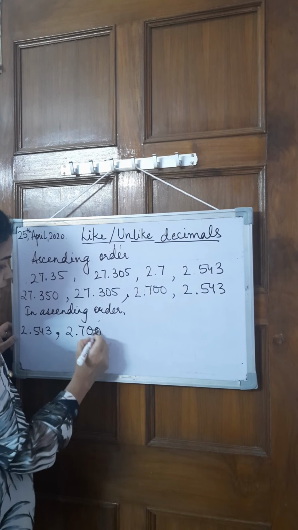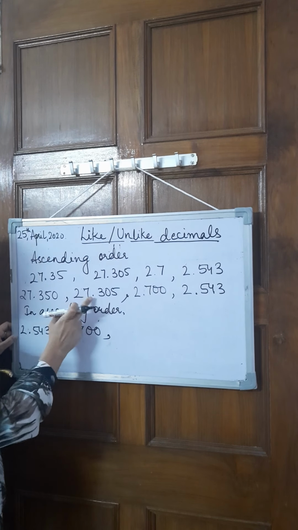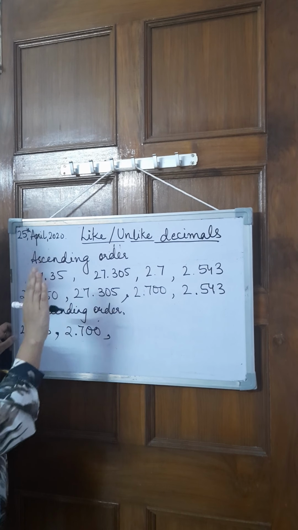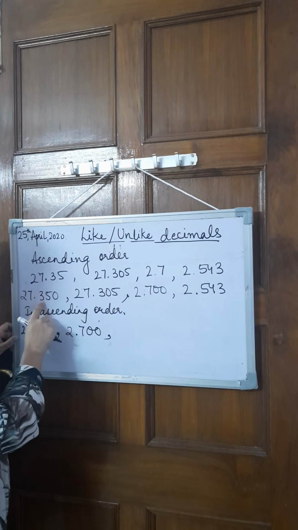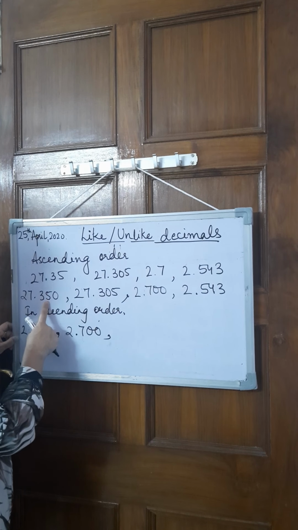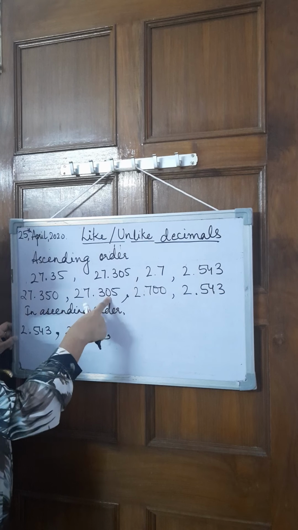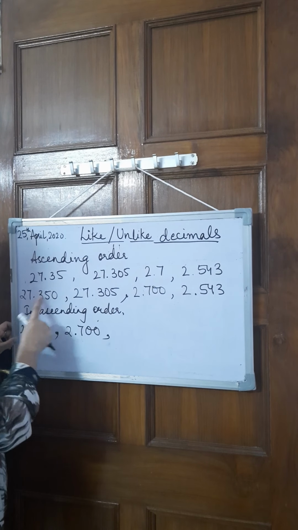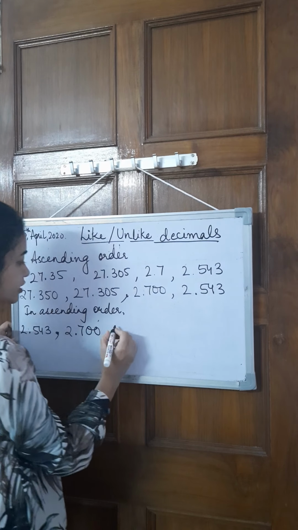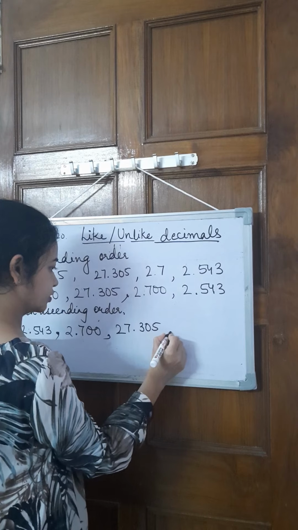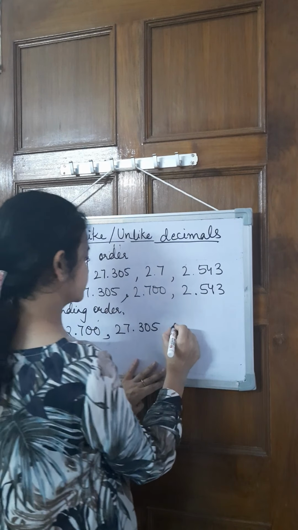27.350. Now I have to compare these two numbers, to see which one is greater. So 27 and 27, the whole part is same. 3 and 3, the 10th part is same. This is 5, this is 0. So when I see the 100th part here, I can see that this is greater and this is smaller. So I will say 27.305 is smaller and